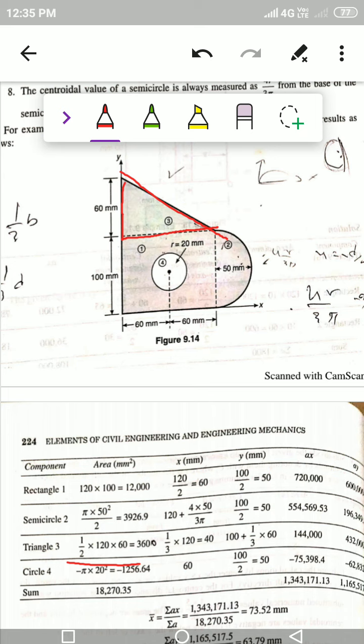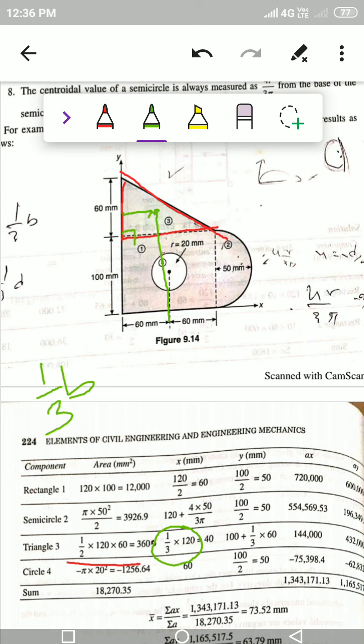Now the x bar and y bar distances. X bar is nothing but what? From here to here. Is it clear? If the center of gravity of this triangle is at this point, x bar is this distance and y bar is this much. Clear? X bar you are measuring from the 90 degree side, therefore it is 1/3 of the base. 1/3 of the base is how much? Therefore, 1/3 of 120. Clear? So this is x bar.